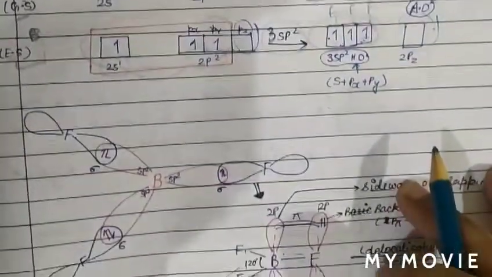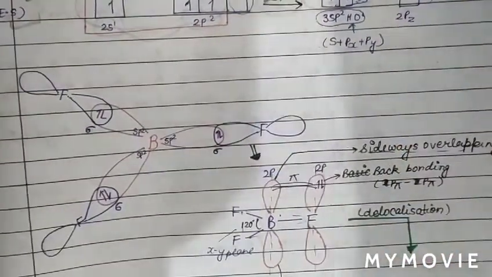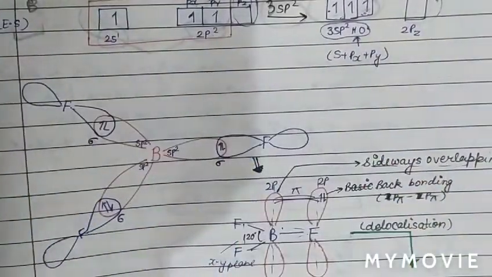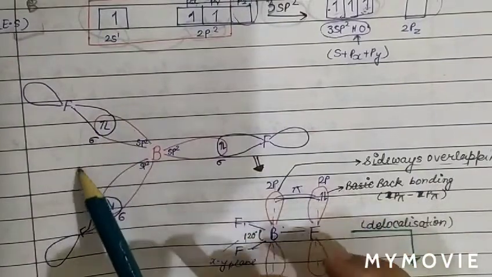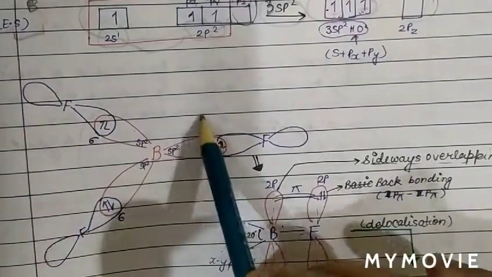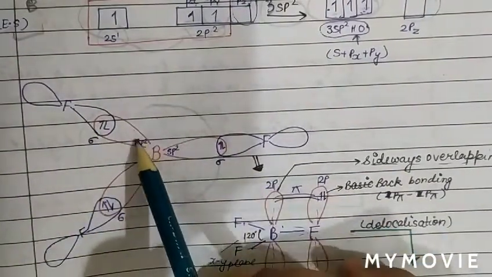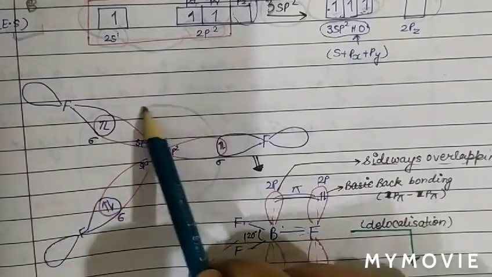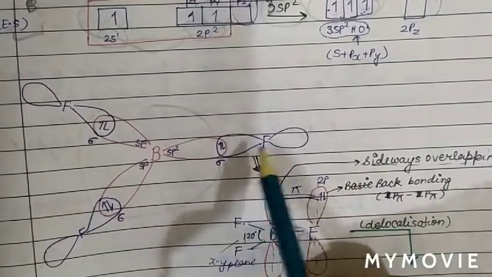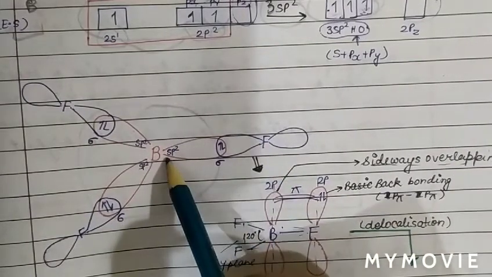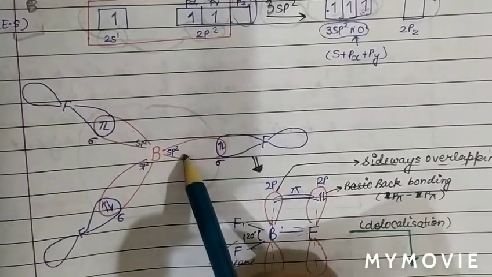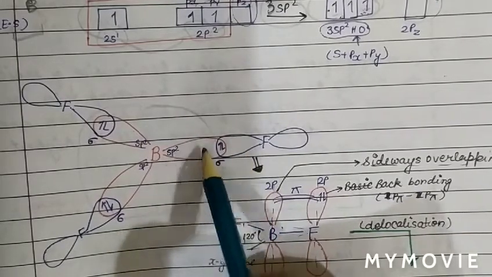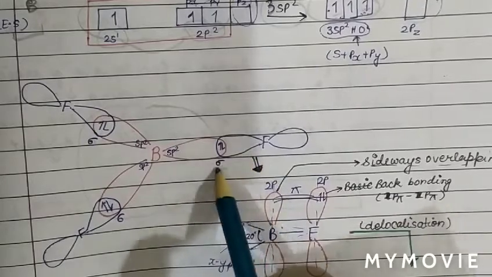See, boron is arranged in the form of sp2 hybridized orbitals, because 1 s and 2 p orbitals undergo hybridization. So this is the arrangement of boron in sp2 hybridization. The 3 sp2 hybridized orbitals of boron arrange themselves in trigonal planar geometry. Now the fluorine atom has 1 unpaired electron, and because we know the hybrid orbital can form only sigma bond, 1 sigma bond is formed between sp2 of boron and the unpaired electron of fluorine.